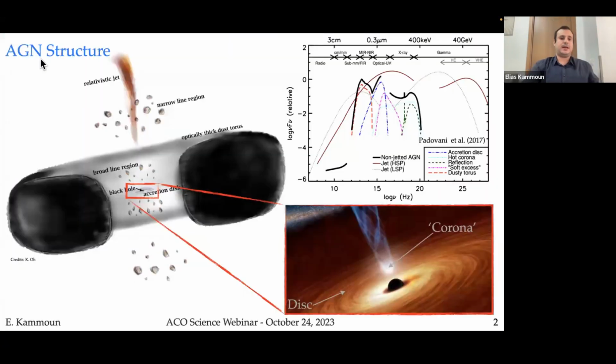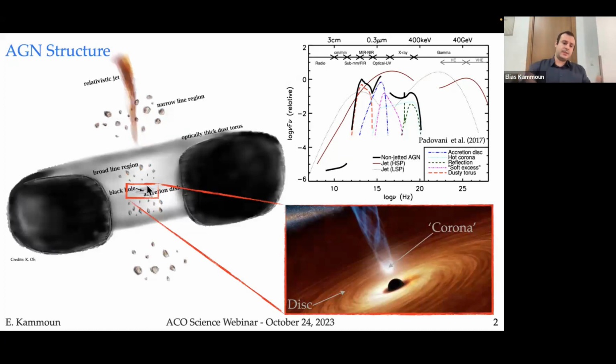So I'll be talking about the corona-disk correlation or connection in AGN. Just to introduce AGN briefly: they are practically some of the most luminous phenomena in the universe, thought to be at the centers of galaxies. In the center, we have the supermassive black hole that is accreting matter through what we think is an accretion disk emitting in the UV and optical. Next to the accretion disk, in the vicinity of the black hole, we believe there is the X-ray corona, a cloud of hot electrons that are responsible for the X-ray luminosity that we see,